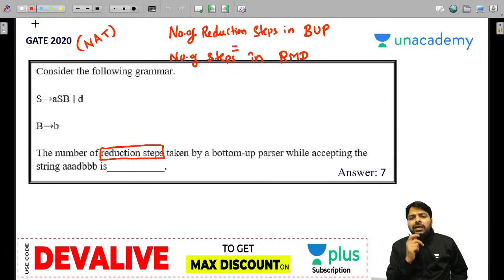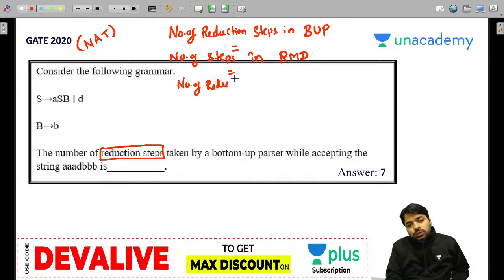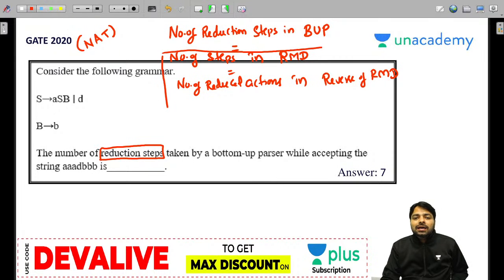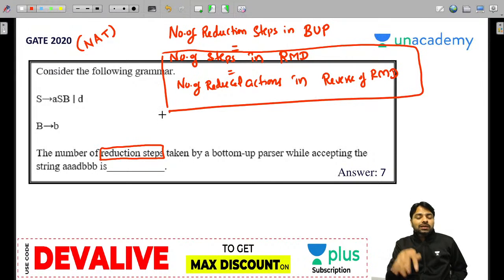Now, reduction steps. Reduction steps are nothing but the number of reduced steps during the reverse of RMD. It is also called the number of reduced actions you take. The number of reduced actions in the reverse of RMD. That is a part of parsing. That's exactly the same as the number of steps in RMD. So which one will be easy in the exam? RMD or reverse of RMD? In the exam, please, in the exam,